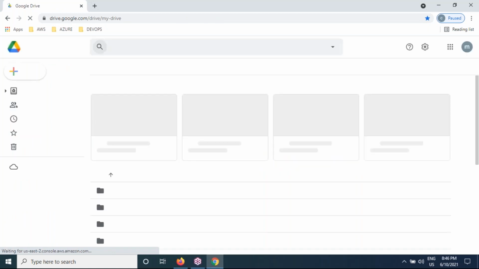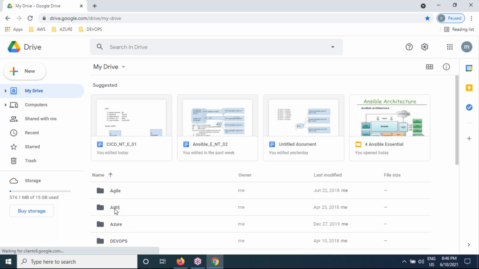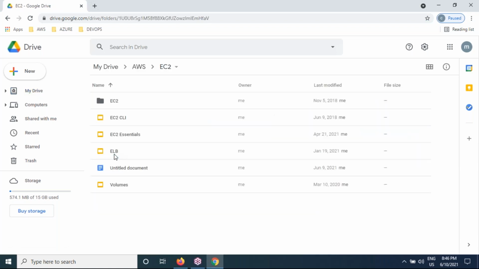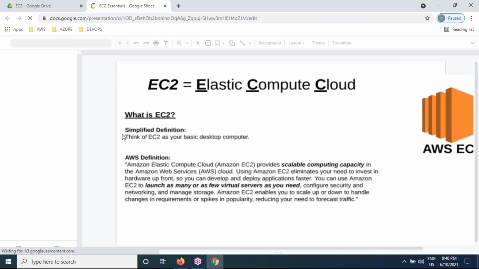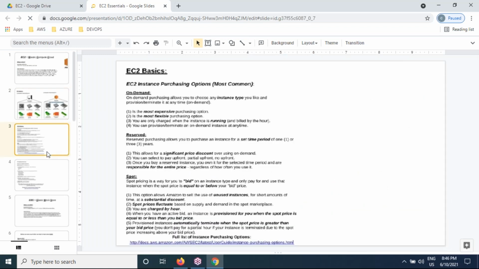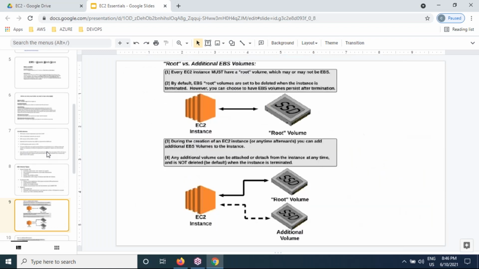Today we're going to be discussing volumes. EBS volumes, elastic block storage volumes. Yesterday we understood how to get a server through cloud, what the types of servers are, and what the pricing is. We understood very clearly yesterday. But today, how are we going to add an additional volume, an additional hard disk? That is nothing but elastic block storage volume.